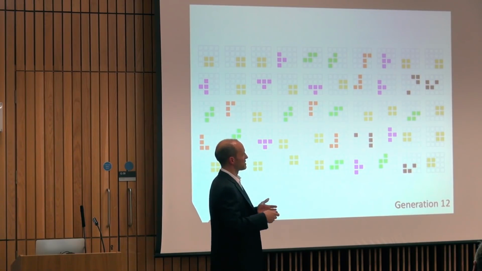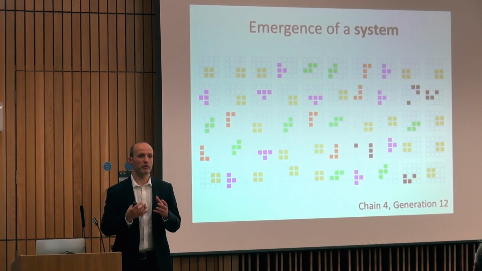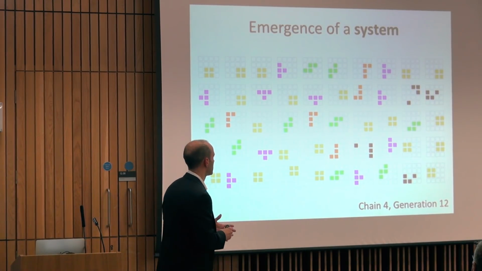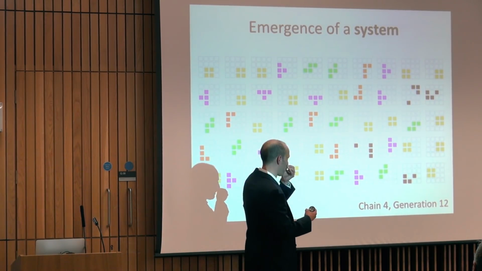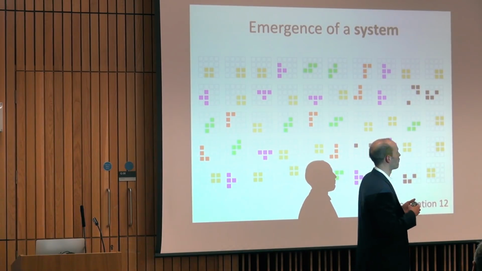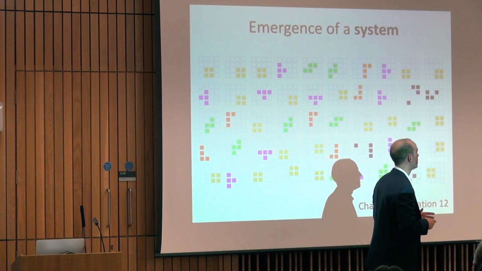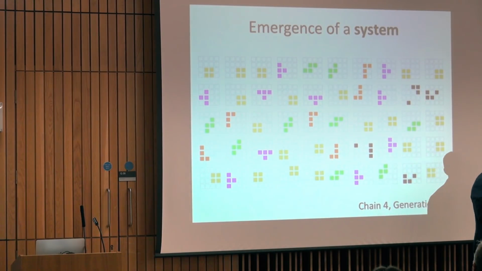What we're looking at is the emergence of a system where reproducing one element from this set facilitates the reproduction of other elements from the set. There are a number of pointers in our data that what we're seeing is the evolution of a regular system of behavior. And one of them is that if you run this process again, you run a second independent chain of transmission, you'll get out a different kind of structure.